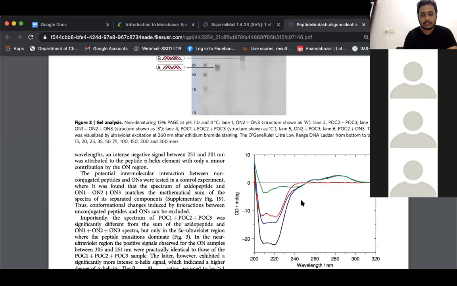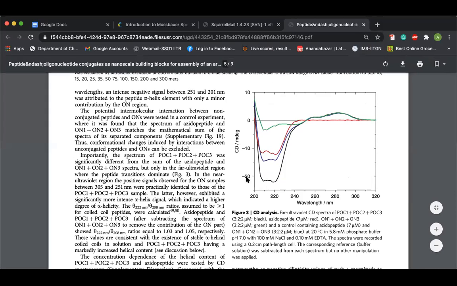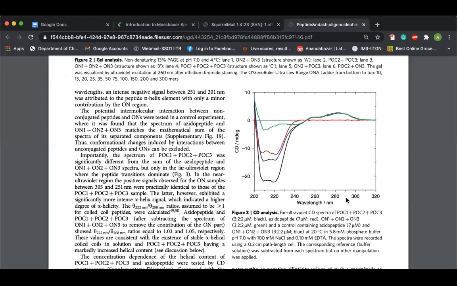Okay, so again, the question was very simple actually. Over there, I actually showed you this particular CD spectrum. Okay, and I ask you why I'm seeing these particular changes. So basically, I ask you to do two things. First, read the paper. And obviously, I don't expect all of you to read the paper and understand 100%. That is not the goal anyways.